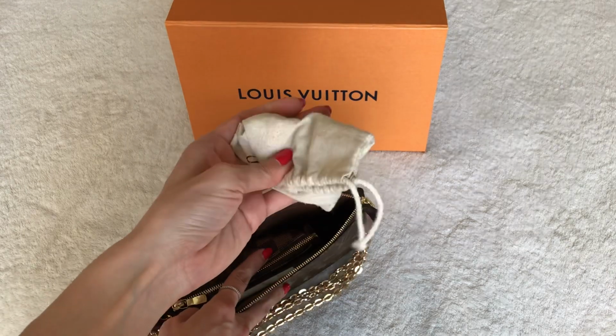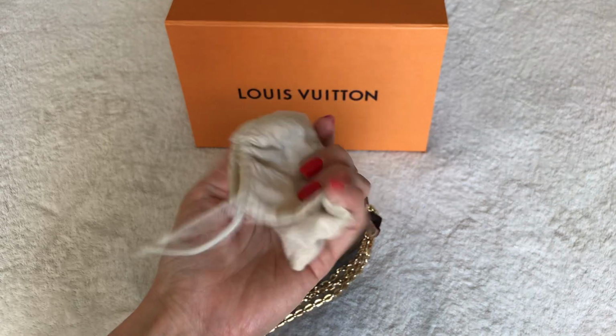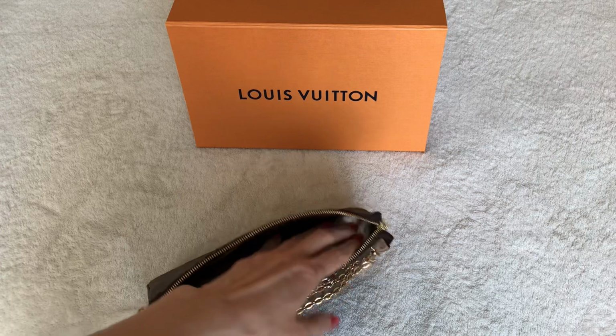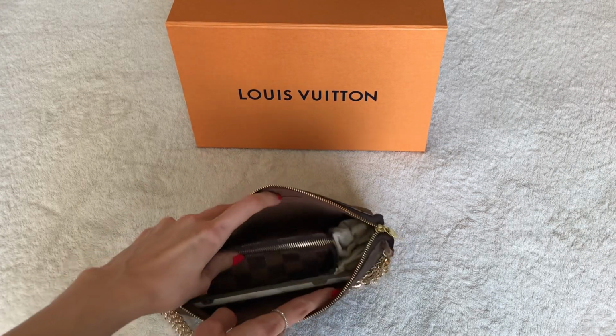I'm happy to just use this, but this is going to get kind of grimy over time. It's just a little J. Crew pouch. Oh, there's some honking in the background. Sorry about that. Yeah, so if you guys have any recommendations for another kind of key pouch or key case,